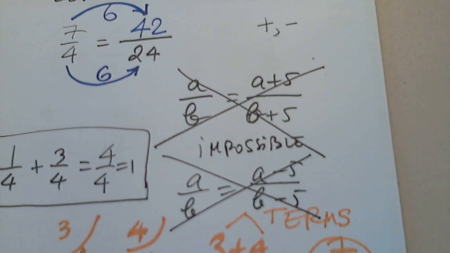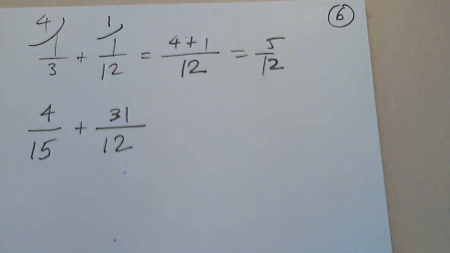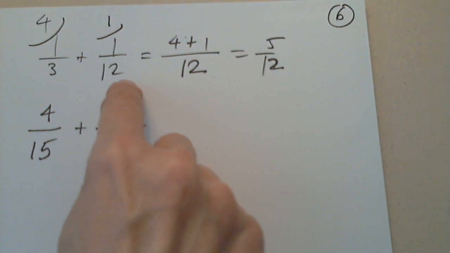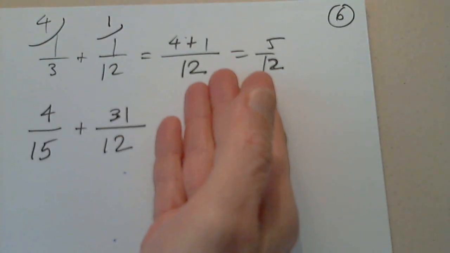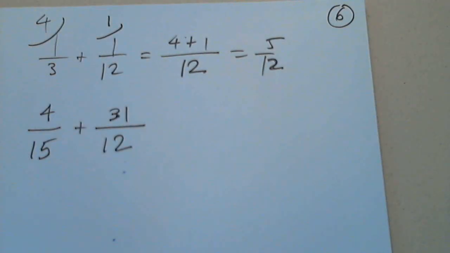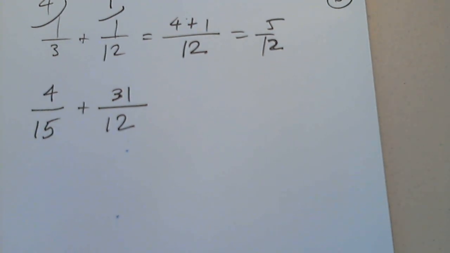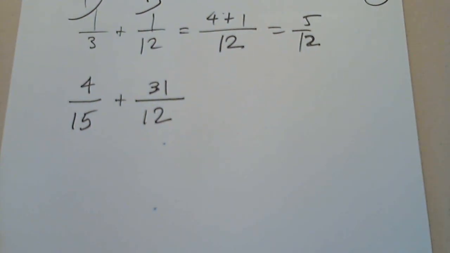common factors and multiply. The second one is also easy because I realized that 12 is a multiple of 3, or 12 is divisible by 3. All I had to do is copy 12 and adjust one fraction. The next one is the last one and the most difficult because they have common factors, and multiplying will not give us anything,